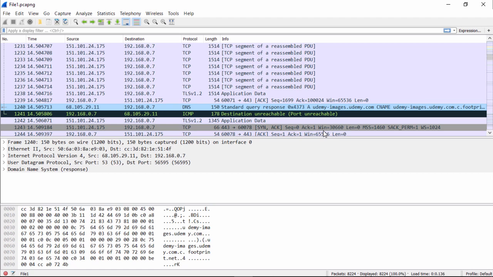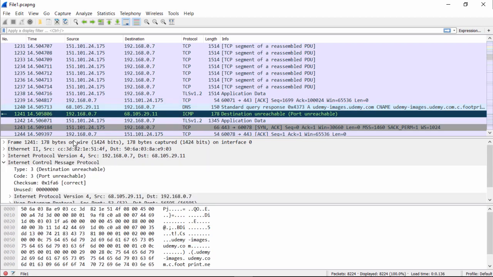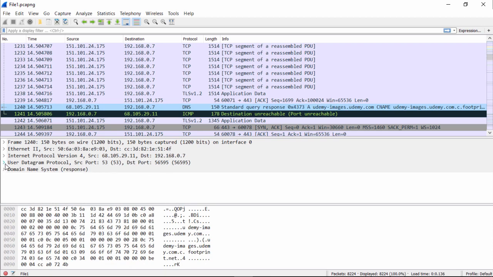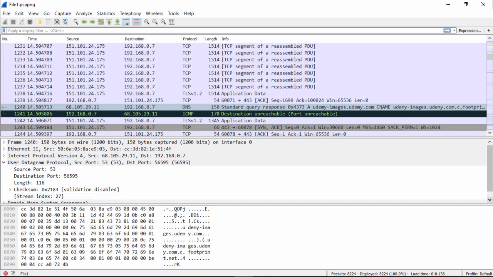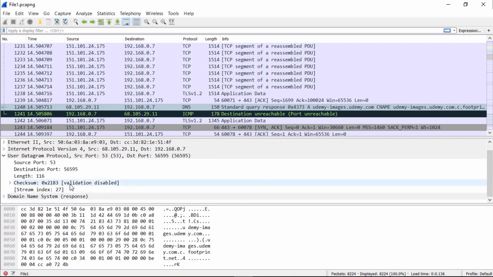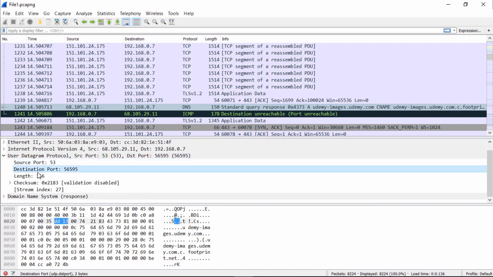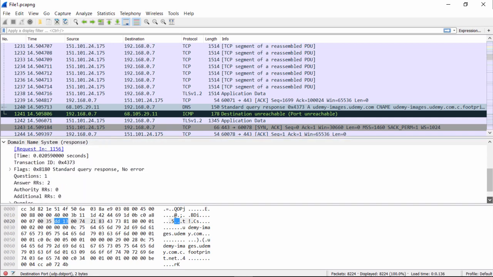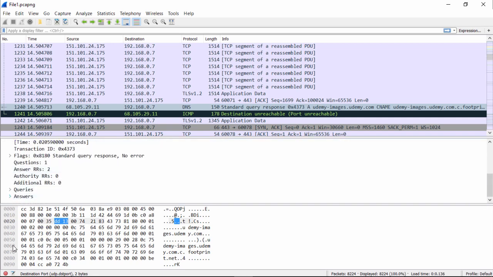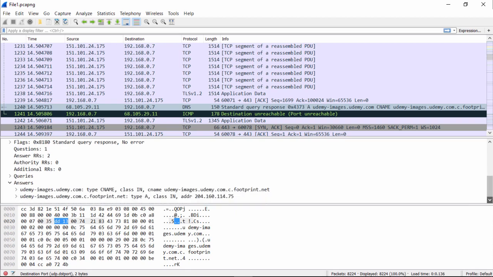When you look at this packet 1240, we know that this was a DNS query and it uses UDP. So if we go in here now to look at some UDP traffic, we click on the 1240 packet, there's UDP, and then we look inside the UDP portion of the packet. As you see here, this query actually comes back with a response, 53, right there, in the destination port, in the domain name system response. So again, we're identifying domain name server information, and there's the answers and the queries and additional information here that you can explore and learn more.